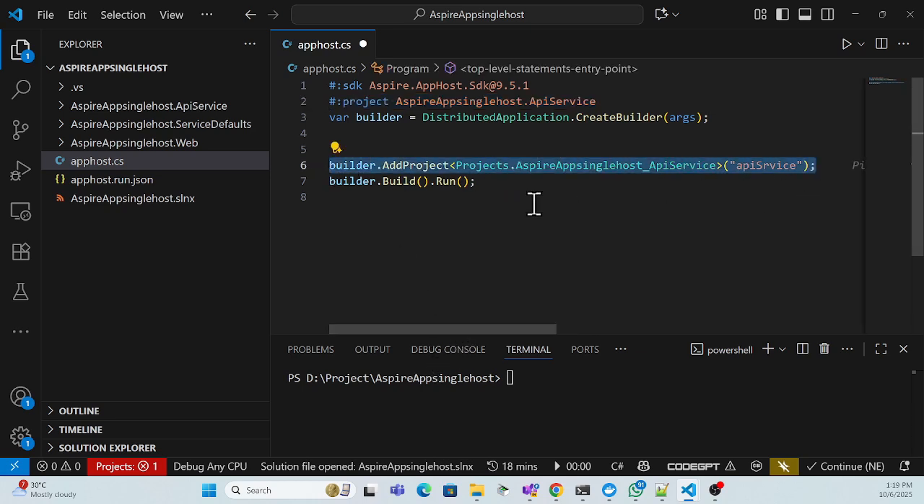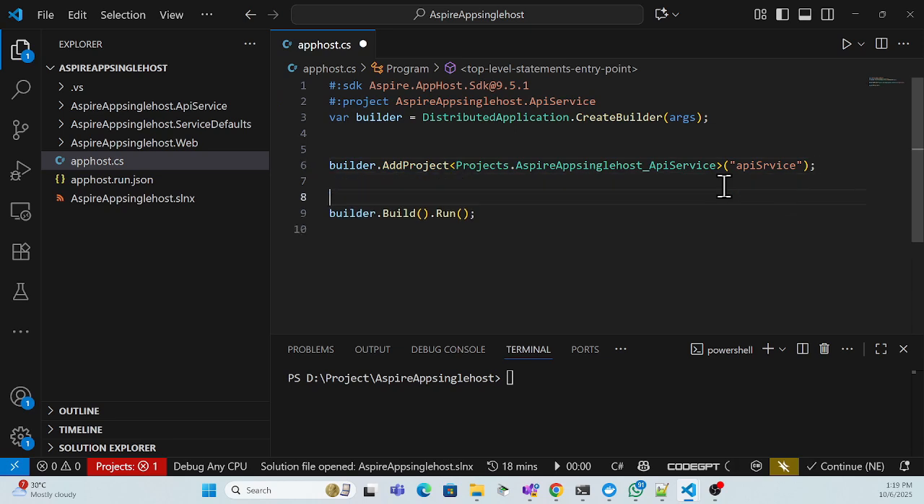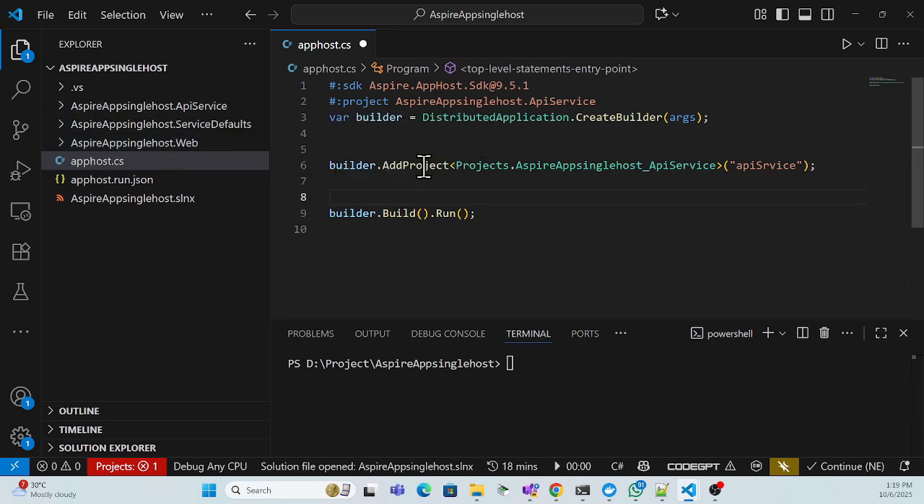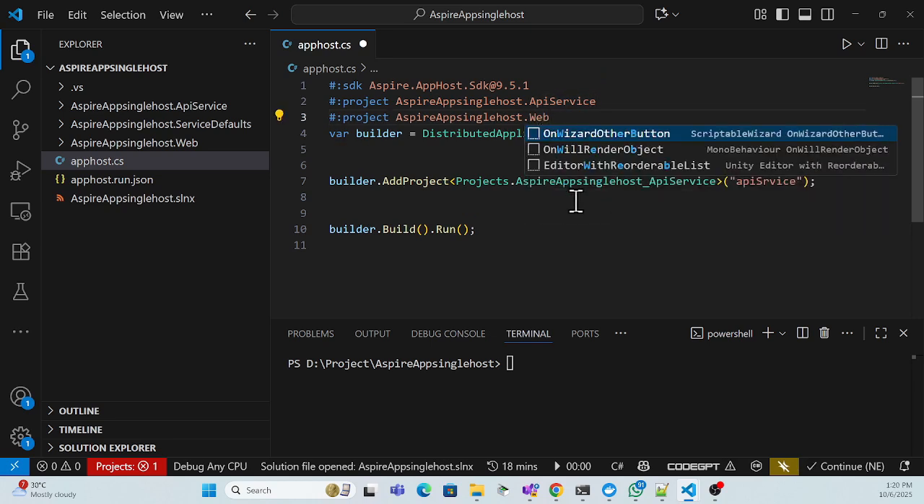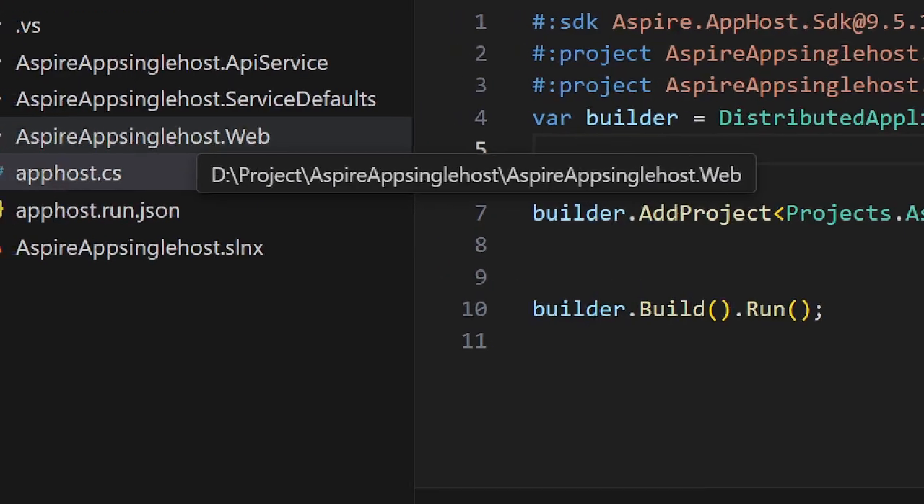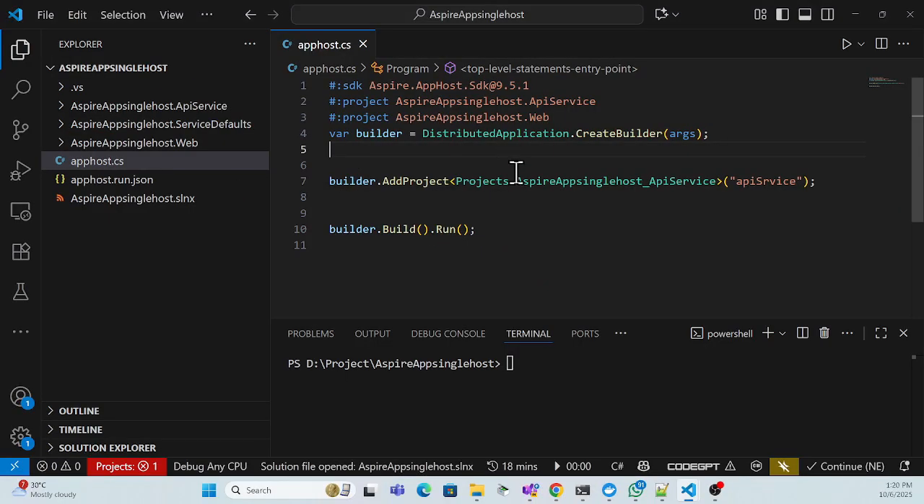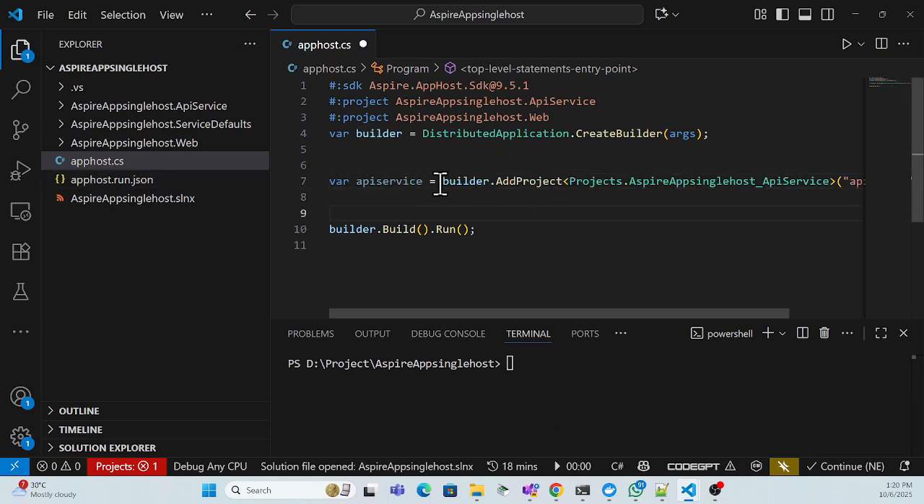So like this way. And now another project I have to add for that web application, right? As we have added that API service, simply we can add the web application. So for that again we can copy this, and here I can use simply web. That's it. Okay, because the name also is this, right? And once you're done, now second thing, let me store it is a API. This is the API service,